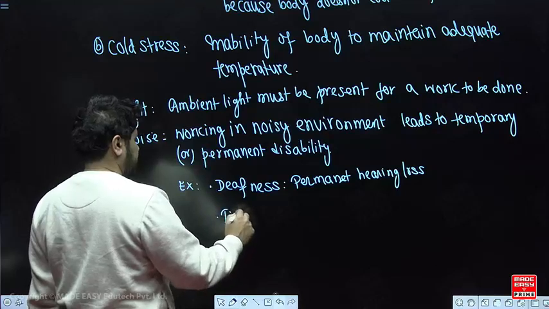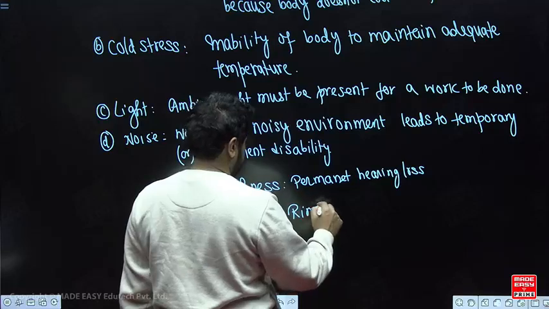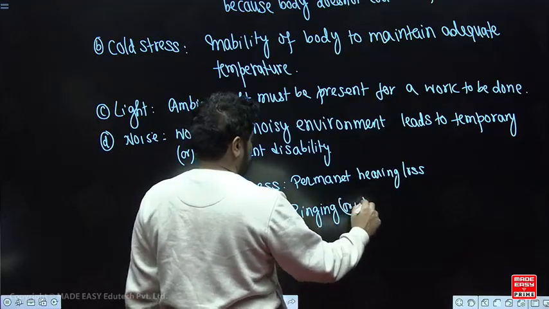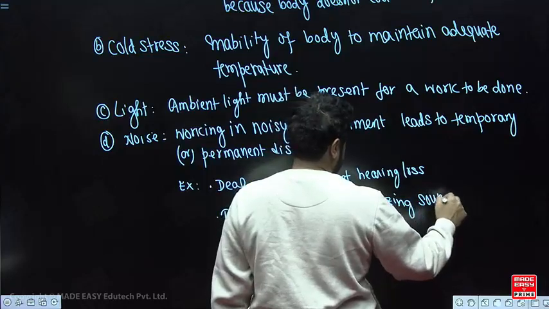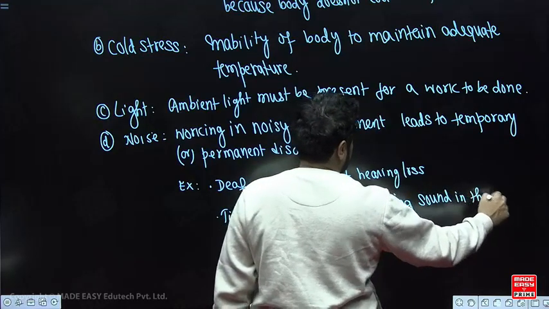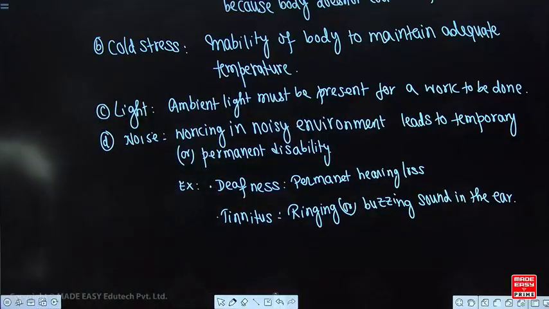सिमिलरली वी हैव टिनाइटस. Tinnitus means ringing or buzzing sound in the ear, है ना. जैसे फॉर एग्जाम्पल, if somebody comes and shouts at your ear, थोड़ी देर के लिए कान में क्या होता है, एक झंझनाहट शुरू हो जाता है. और इफ एनी बॉम्ब ब्लास्ट, दिवाली के जब पटाखे या बम कान के पास फटते हैं, when any bomb or any crackers burst near the ear, you will not hear, you will just listen a buzzing or ringing